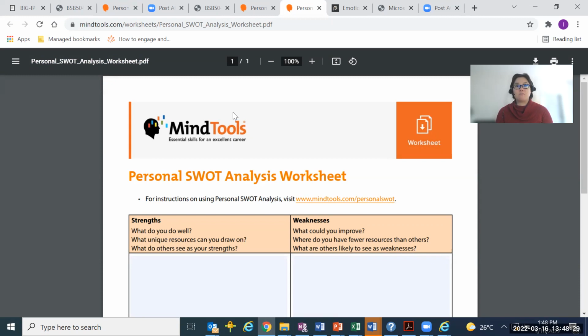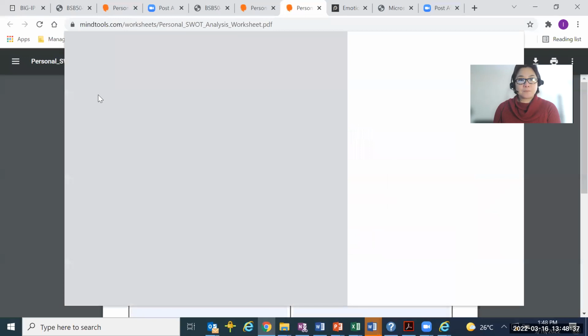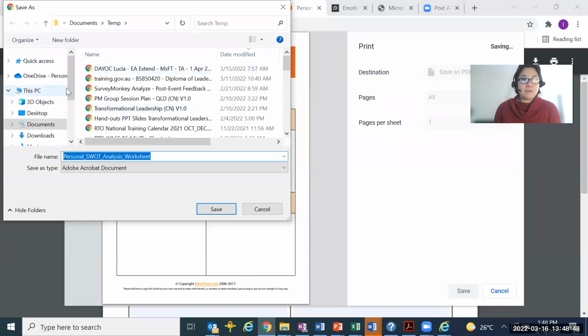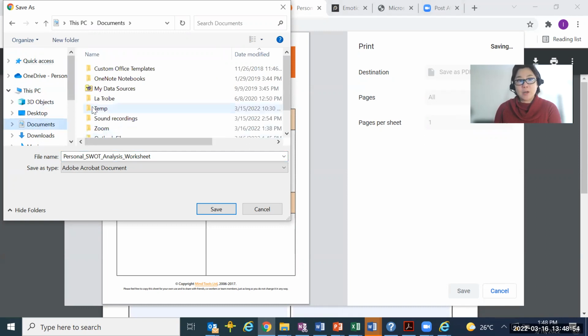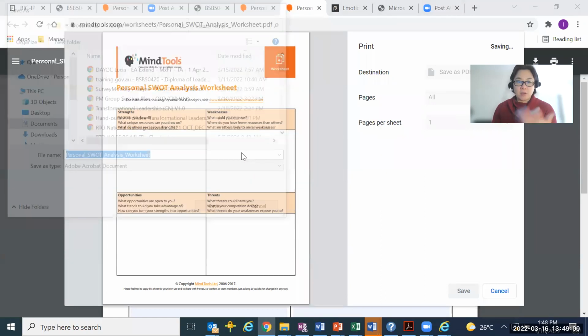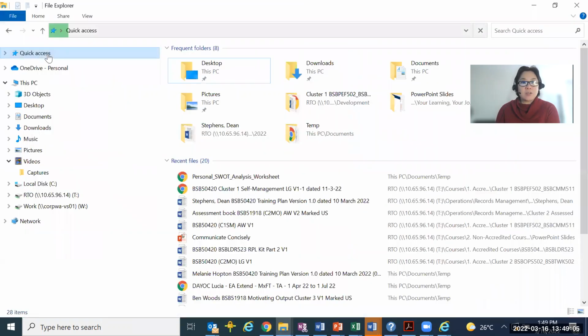And you can fill in the text. I'll show you how to do that. You just go print or save as, right? So save as PDF, save. And obviously you've got your folders. I would suggest creating a folder for your coursework. With me, I pretty much have my own thing, so you can see that I've already saved one in the past. But once you've saved it, what you need to do is go into it. So you right click